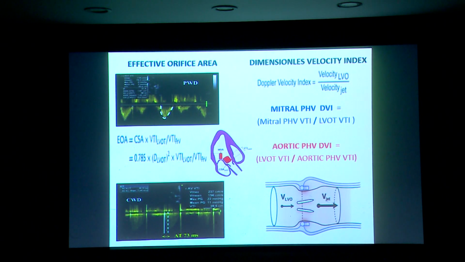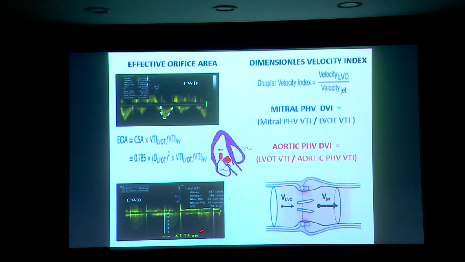So before we come to that, that's one of the things we need to ascertain and rule out as cardiac anesthesiologists. Before we come to that, I just like to explain the two terms, EOA, effective orifice area, and DVI. The EOA, effective orifice area: the outer diameter of the valve is too big, it cannot be used to find the area of the valve. So effectively, what area is available for the flow to occur is the EOA, effective orifice area.